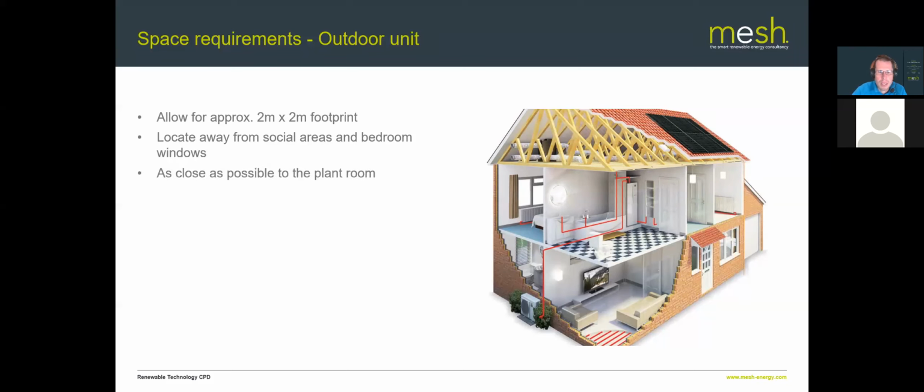Put it as close as possible to the plant room. Probably a good idea. Again, here we've got most of the plant up in this bathroom here, for the internal units, that's the domestic hot water cylinder. And